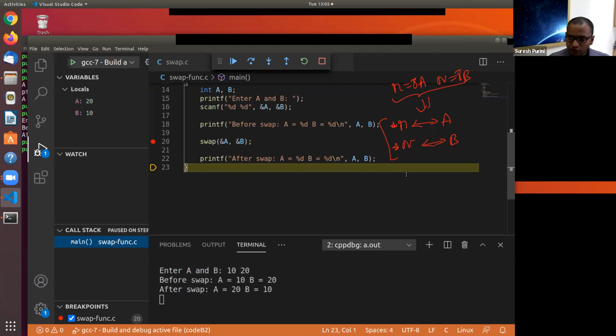Yes, exactly, Sriharsha, because *m and A are aliases of each other. No, once we are out of swap, there is nothing like *m or *n. Only when we are in swap do they exist. The address of A and B don't change. The addresses of variables A and B never change. Only their contents change. The address of a variable is not going to change once the program starts executing. No, it doesn't change.